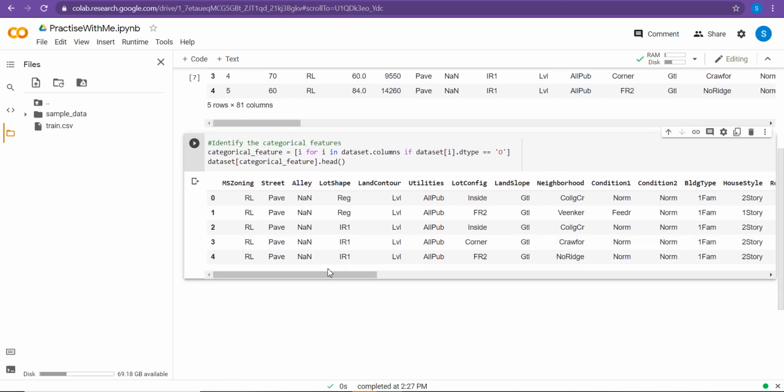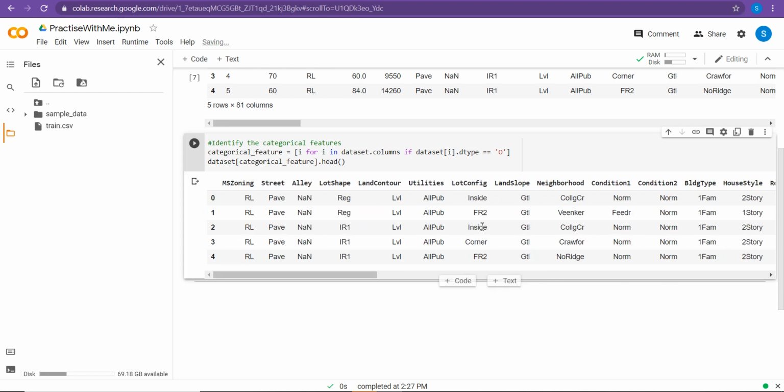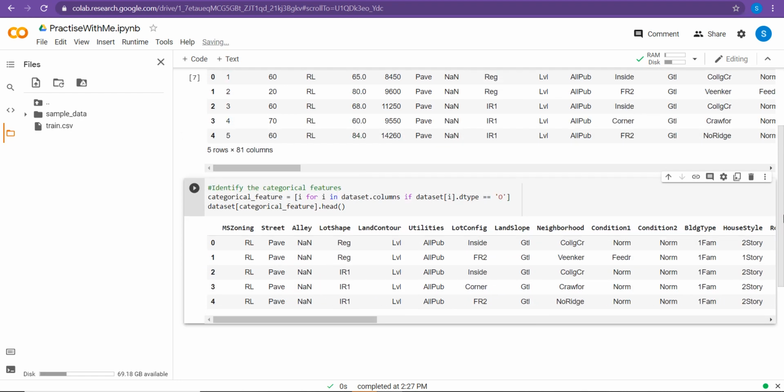So we got that list of categorical features, but we should know how many unique values are part of those categorical features. Some might have 2 or 3 and some might have more than 10, so we can identify that.